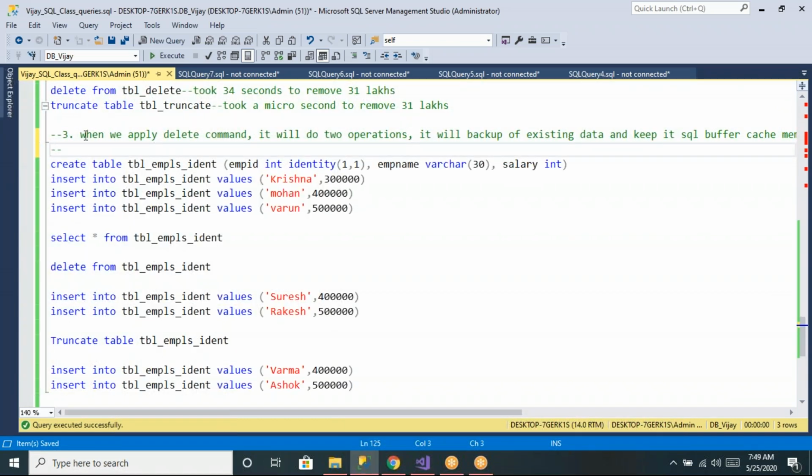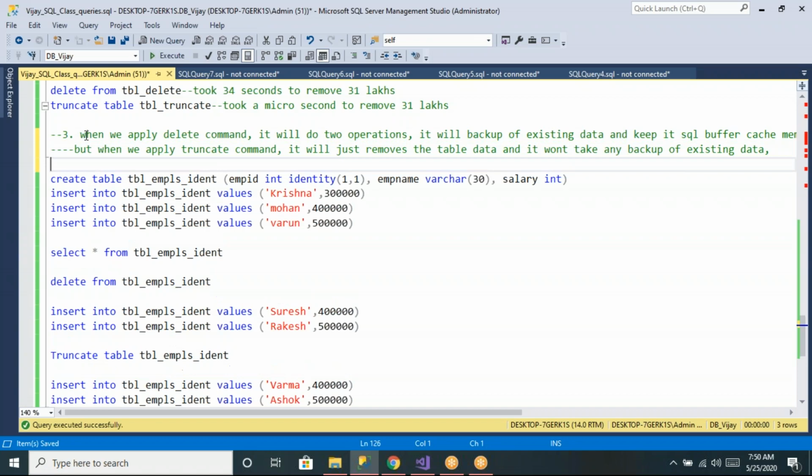But when we apply the truncate command, it will just remove the table data, and it won't take any backup of existing data.